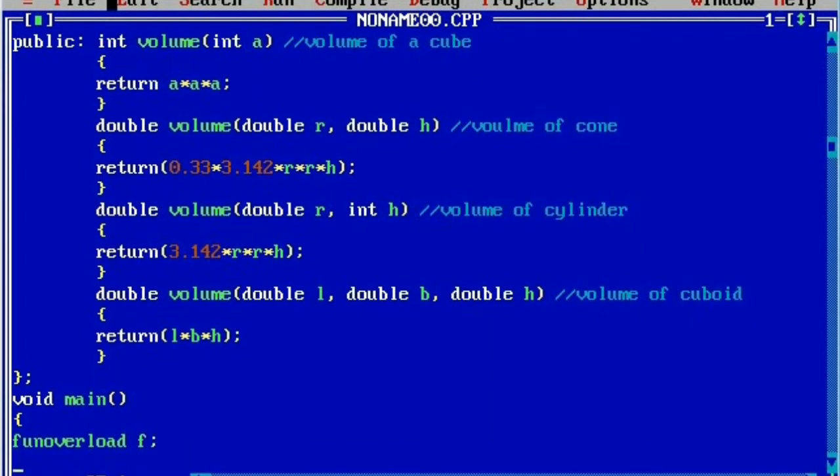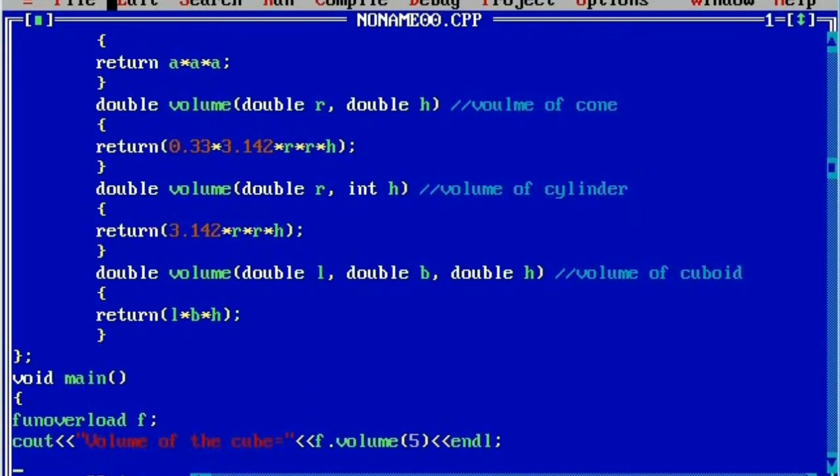Then cout, volume of the cube is equal to, and here we'll use the object f dot volume to call the function. Here I'm going to pass the value as 5, and I'll use endl, put semicolon. So this displays the volume of the cube.